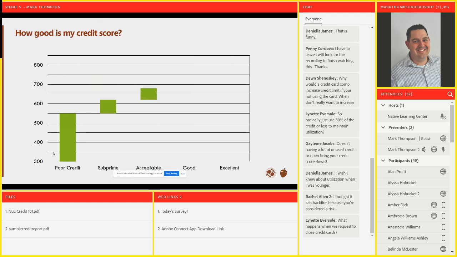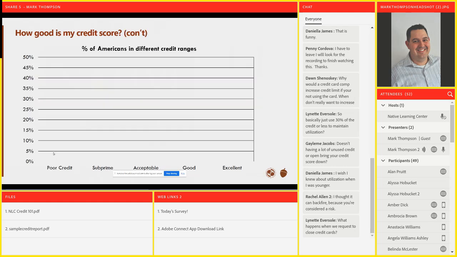Acceptable is between about 620 and 680. Good credit is about 680 to just about 740, and above 740 is excellent. So it doesn't matter if you're at 741 or you're at 850. You're generally going to qualify for the best interest rates, and that's what we're generally looking at.